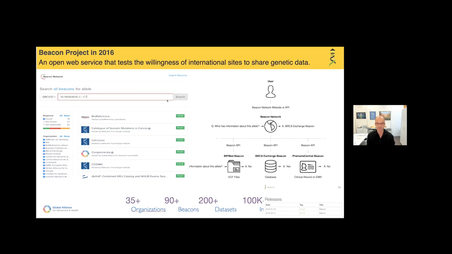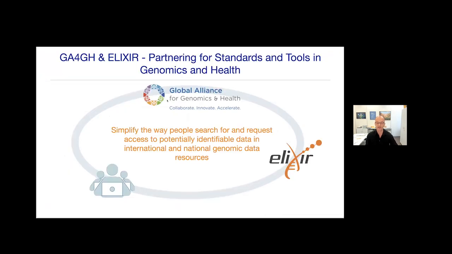Now, in 2016, ELIXIR came in and took development of the beacon protocol under its umbrella. ELIXIR, for people who don't know, is the European Bioinformatics Infrastructure Organization, to which most of the bioinformatics organizations in individual countries in Europe and a bit beyond, like Israel, belong.